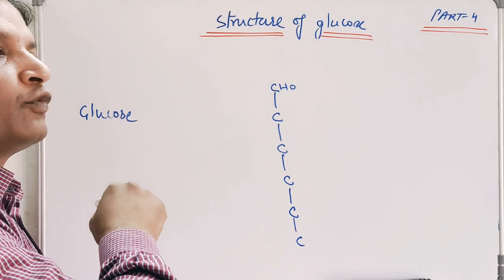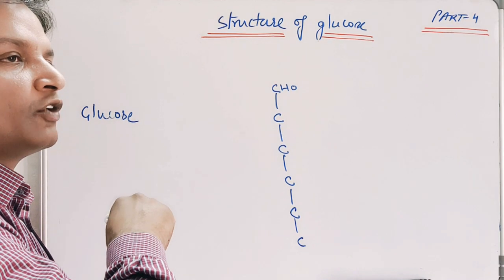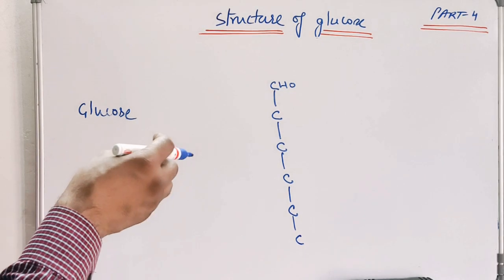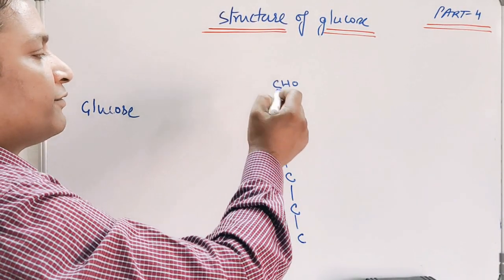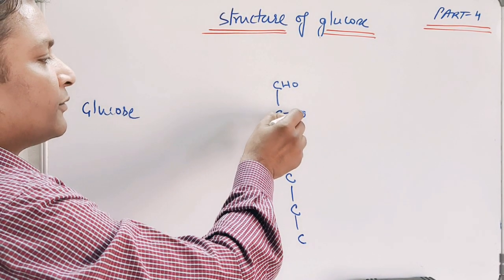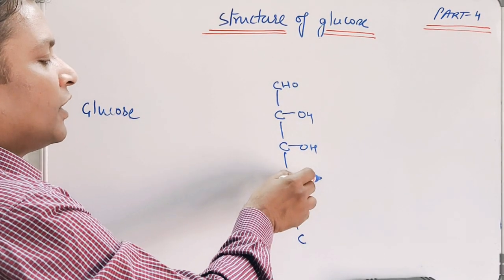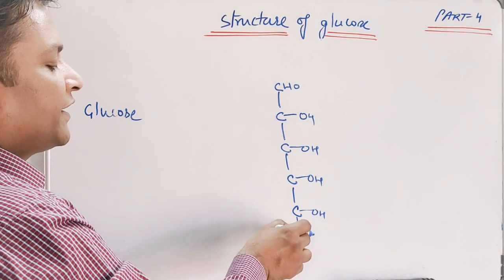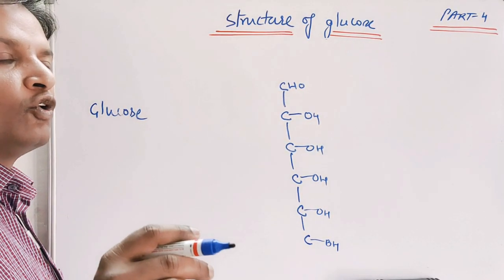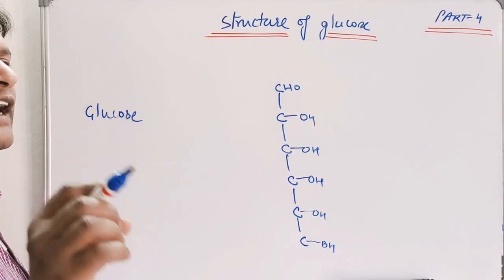So there must be a structure of this type present in glucose. Third observation, we also found that glucose gives a penta-acetyl derivative when we treat it with acetic anhydride and pyridine. So it indicates there must be 5 hydroxy groups in glucose, and these 5 hydroxy groups must be present on different carbon atoms, because we also discussed that glucose is a stable molecule and does not show any dehydration reaction. Therefore I am writing all OH groups on different carbon atoms, because glucose is a stable molecule and does not show the dehydration reaction.